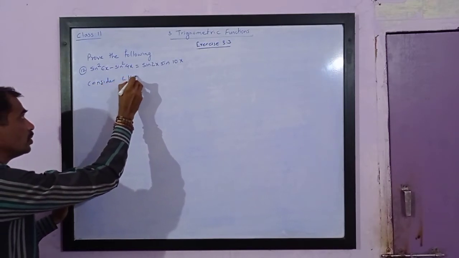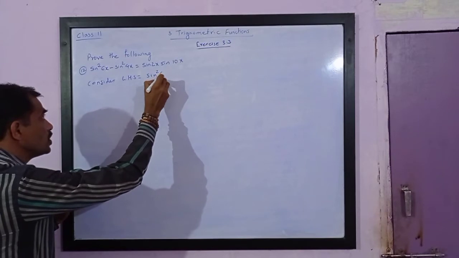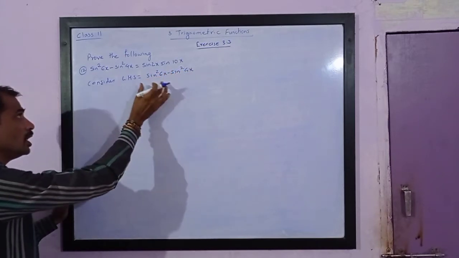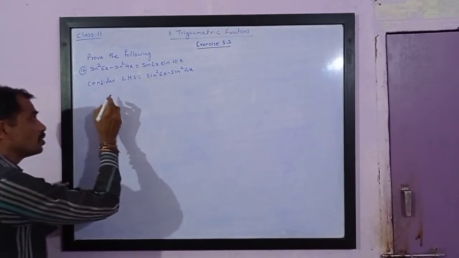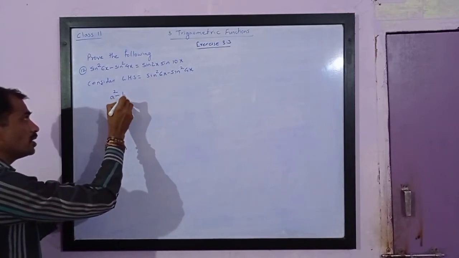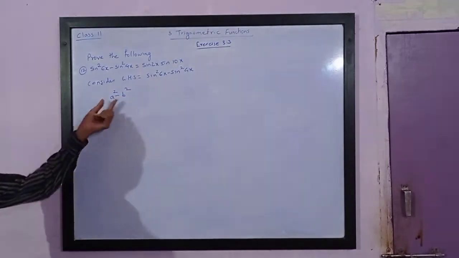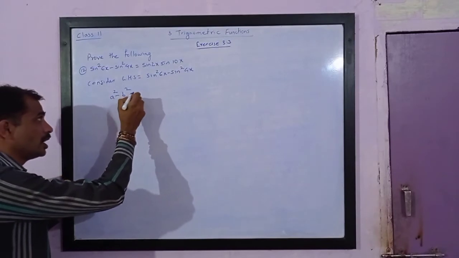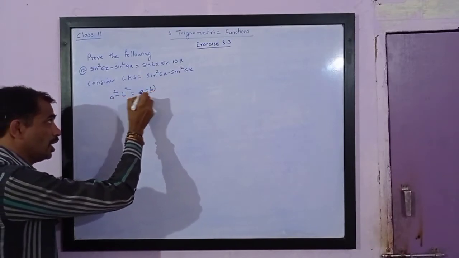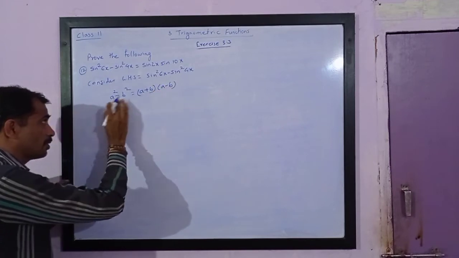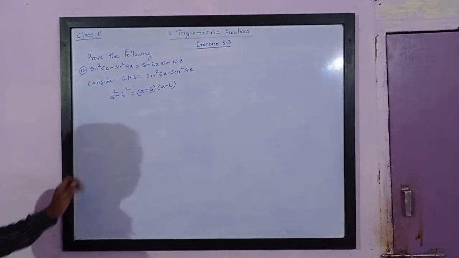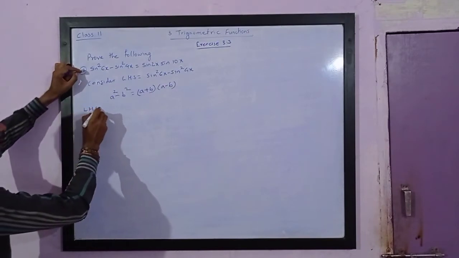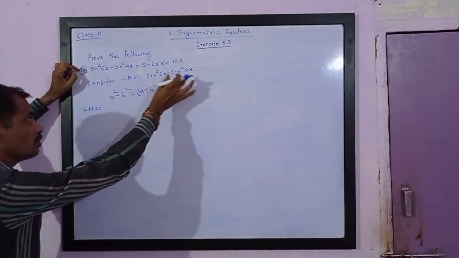LHS is equal to sin square of 6x minus sin square of 4x. Please note, this is a square term, this is also a square term. So you will see it is in the form of a square minus b square, that is, square of the first term minus square of the second term. We have the identity, which we studied in 7th, 8th standard: a square minus b square is equal to a plus b into a minus b. Same identity we are going to use. So LHS is equal to first plus second,